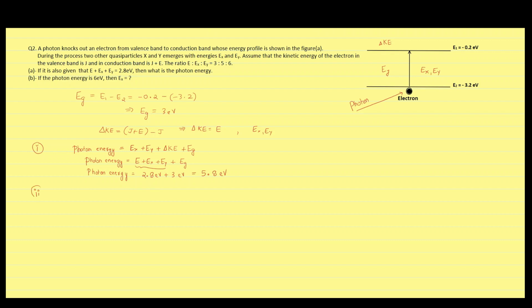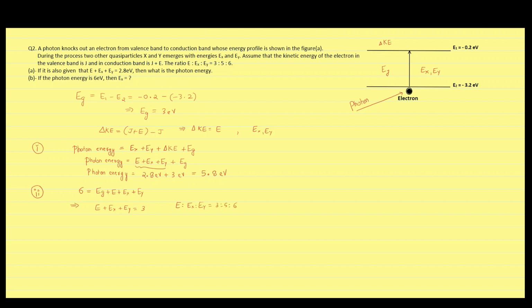Now for the second part, it is given that the photon energy is 6 electron volt. Then we have to find the quasi-particle energy Ex. From the first part, we can write 6 is equal to Eg plus E plus Ex plus Ey. And we know the value of band gap energy is 3 electron volt. Therefore, we can write E plus Ex plus Ey to be equal to 3 electron volt. In the question, it is provided that ratio of E to Ex to Ey is given as